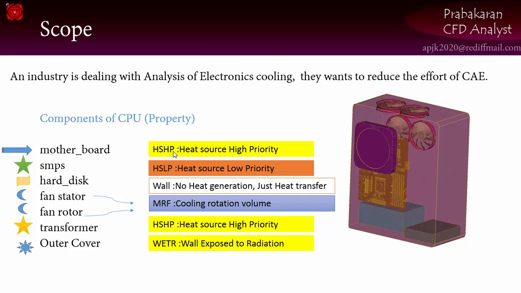in the PID to filter out the high heat source, high priority regions, and they will easily come to you without any more work. You do not need to search everywhere, since the PID itself will contain these keywords. It will be very useful to set solver boundary conditions, whether it is MRF, or